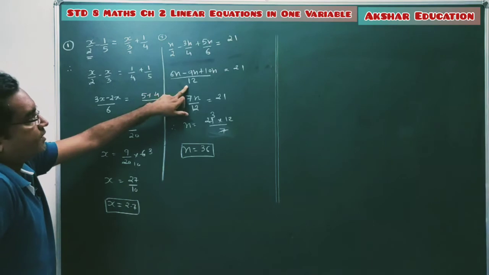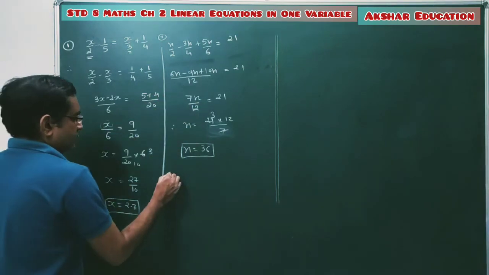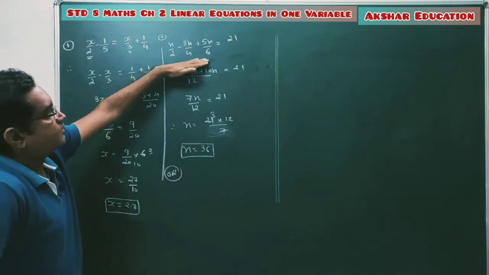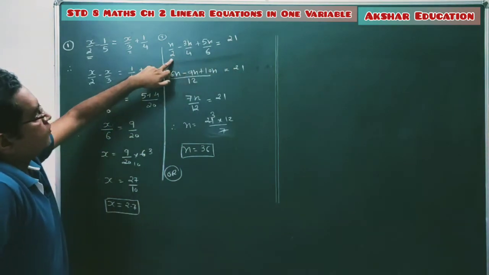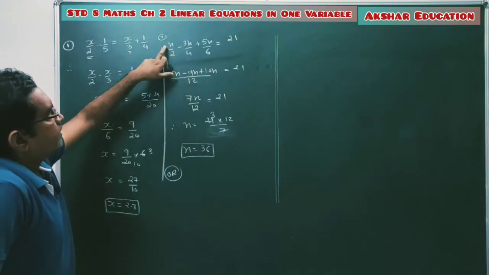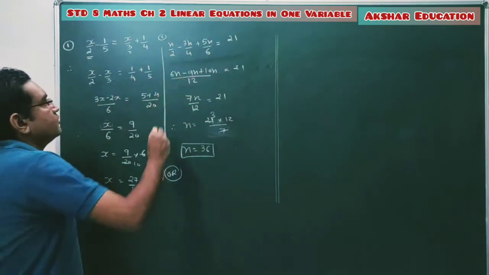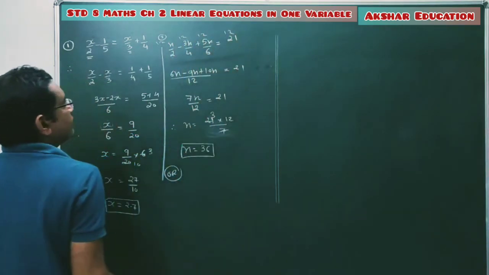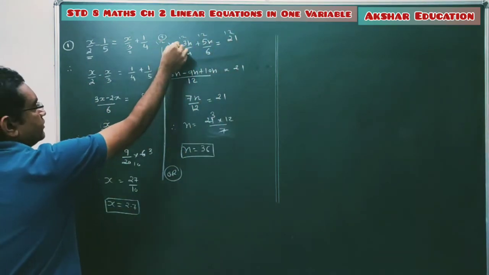Suppose you don't want to do it this way, then you can also do it directly like this. This is given: 2, 4 and 6. So the LCM of 2, 4, 6 is 12. So you have to multiply all these terms with 12. So multiply this one with 12, this one with 12, this and this, all 4 terms with 12. So 2 6s are 12, so it's 6n